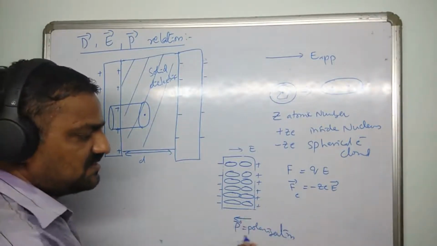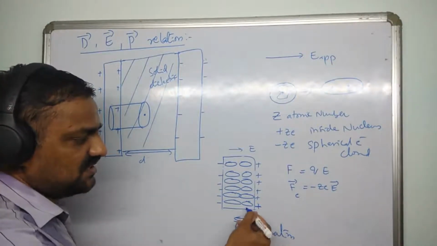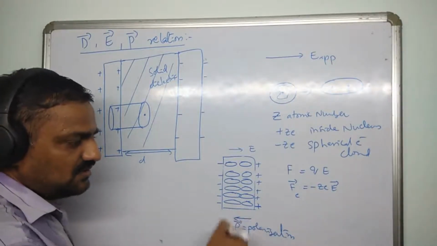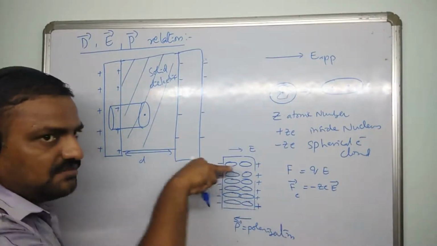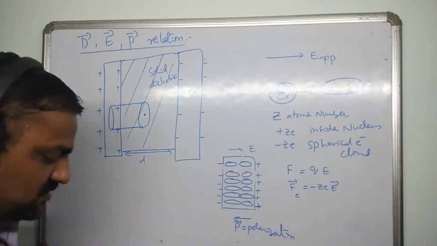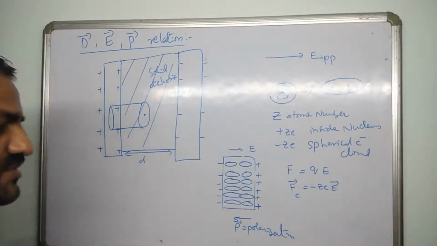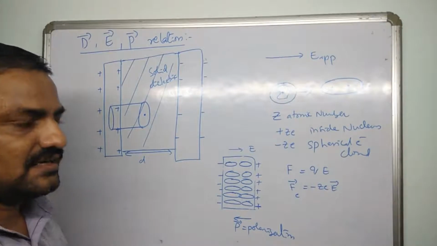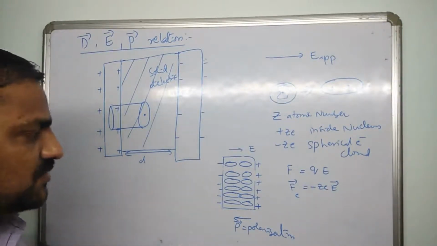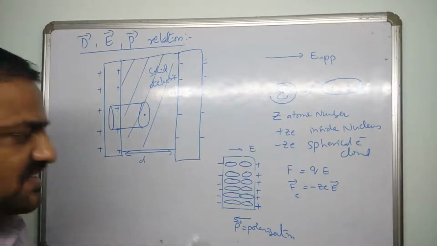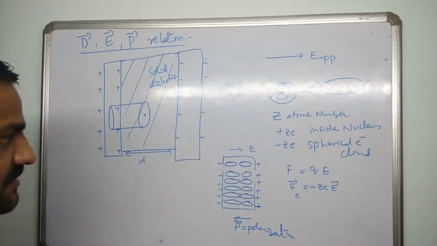You can see the direction of field is always from positive to negative. So these are positive charges. So the electric field due to these induced dipoles will be in this direction. So P will be this way, E will be this way. So this applied E is going to induce some dipoles inside the dielectric. The process of induction of dipoles inside the neutral dielectric is what we call dielectric polarization. This is a vector P, which we'll use here.